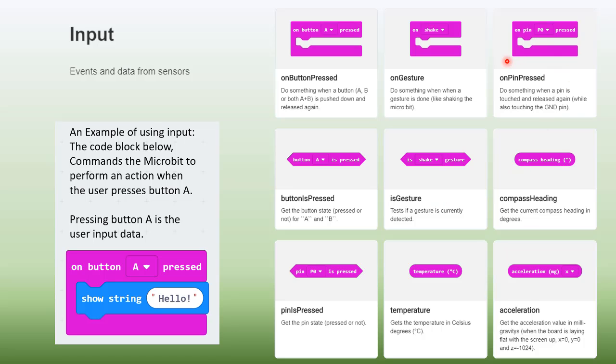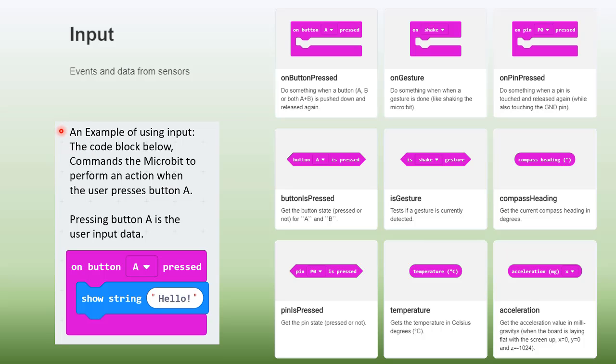There's also other things that can happen, like a pin being pressed. There is a compass heading. There's just measuring the accelerometer. There's a temperature sensor in there as well. So these are all inputs that we can use in our program